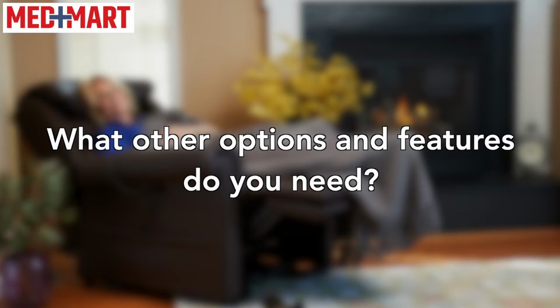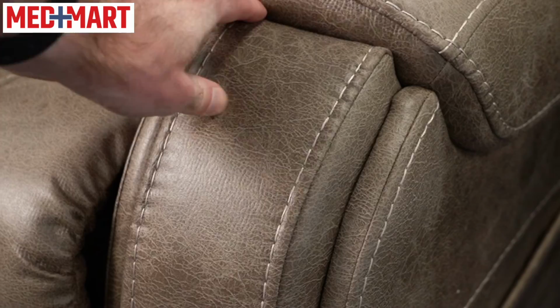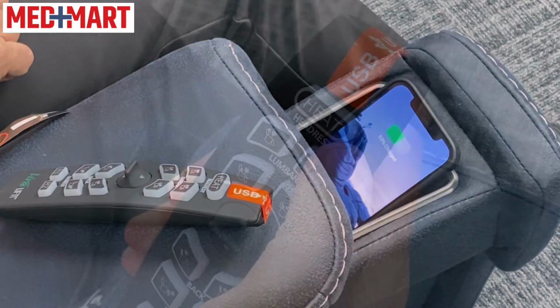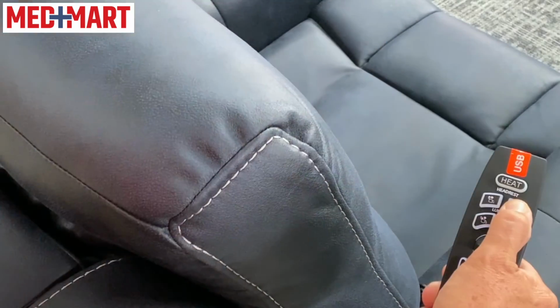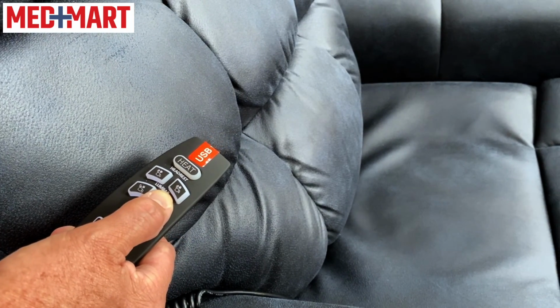that's sent to us. So there are a few other options to consider as well on some of the more advanced chairs. Whether they can be cup holders that are built in for keeping your drinks nearby you, cell phone chargers, USB chargers that are built into the hand controls, built-in heat, built-in massage. Some have adjustable headrests, lumbar support, and other options that make the chair a little more comfortable and customizable to